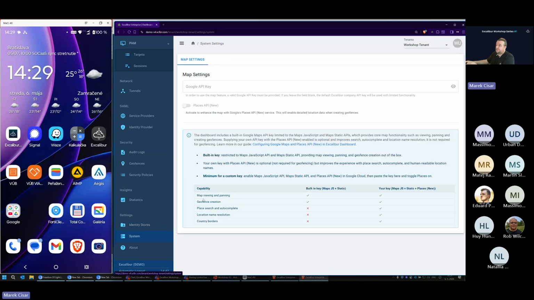And if necessary, the tenant administrator can provide his own Google Map API key to be able, for example, to configure geofences and geofence groups. So he can use Google Places functionality, location name resolution, and also he can use the country borders as the geofences